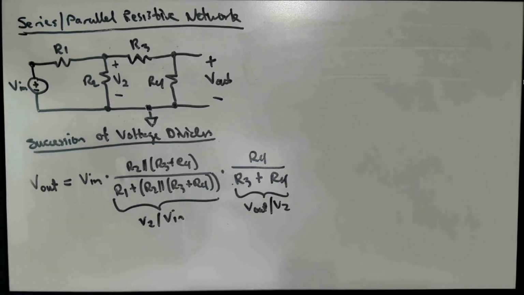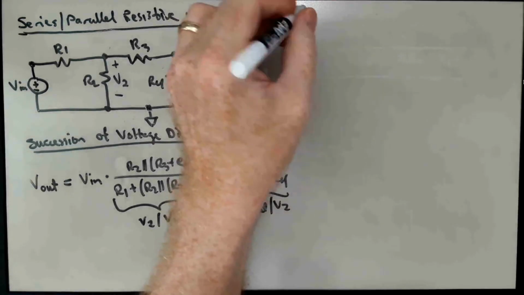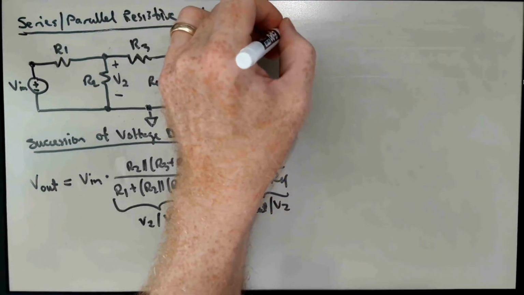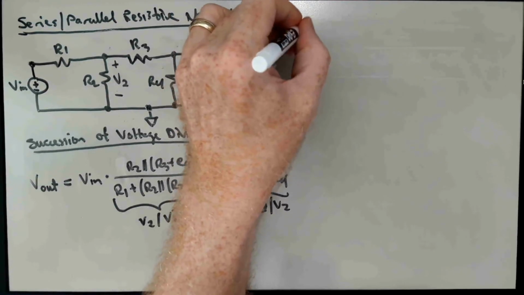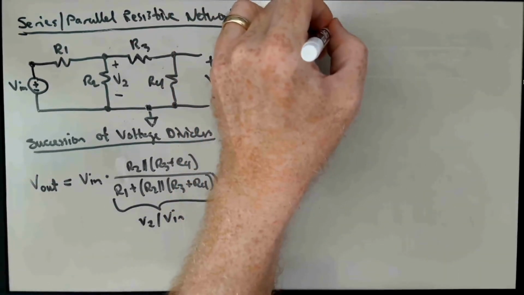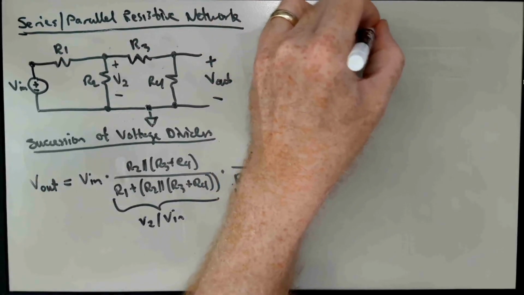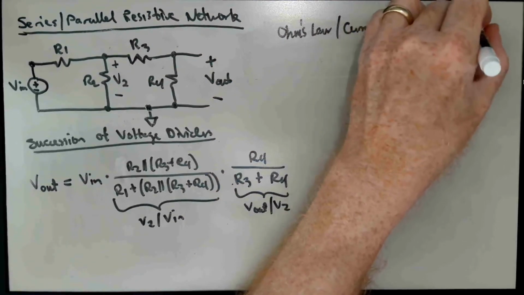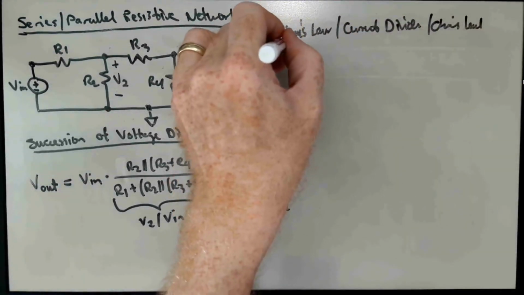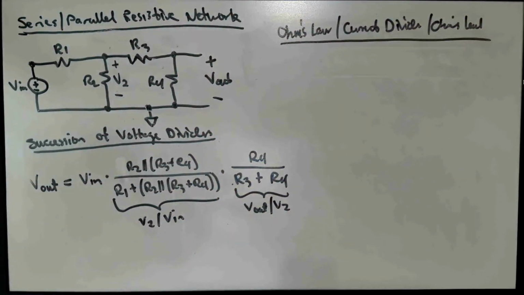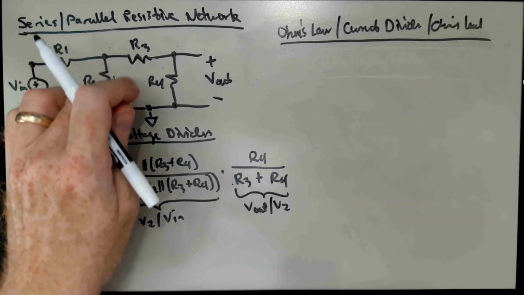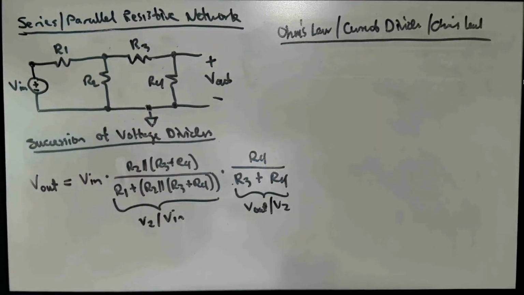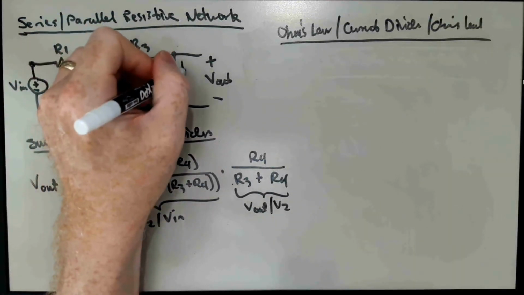The second approach, which we might take to this particular circuit, we could call Ohm's law, current divider, Ohm's law. So these are more ad hoc circuit solution methodologies, and they do require a little bit of care, a little bit of practice. But the basic idea here is that if I knew the current flowing through